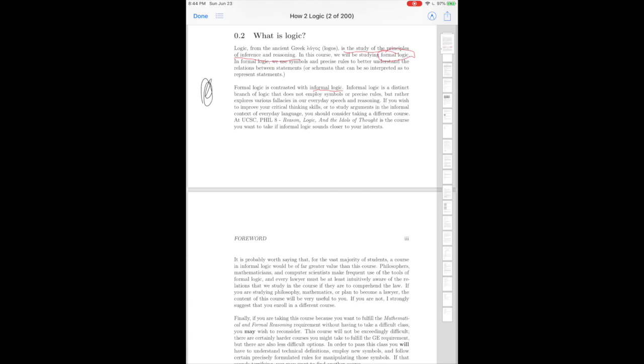You might think about this as kind of math without numbers, right? So instead of, math is 1 + 1 = 2, right? Those are numbers. There are a lot of numbers in math, but in logic, we will be concerned with